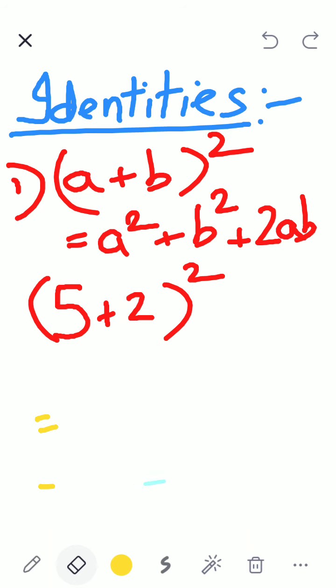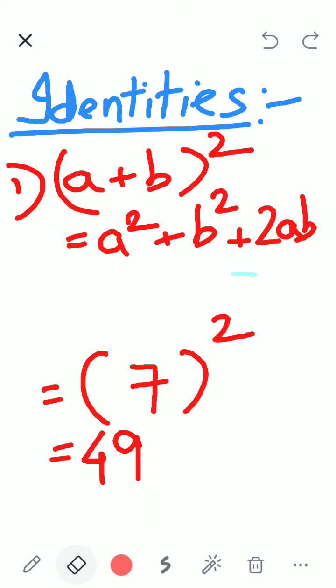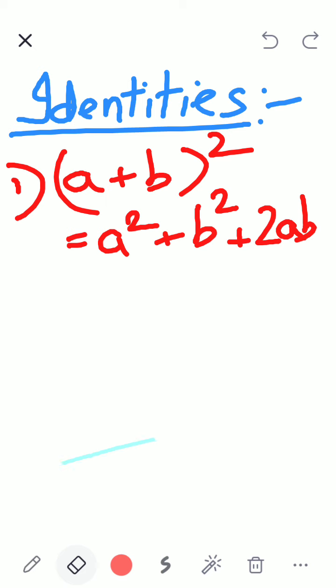Yes, so Pawan is saying I can do it directly, sir. Why are you going through the formula? 5 plus 2 is 7, 7 square is 49. Correct? That is why this formula is not used for small numbers, because small numbers I can do directly. Now I will change it. Now I will give you a complicated number.